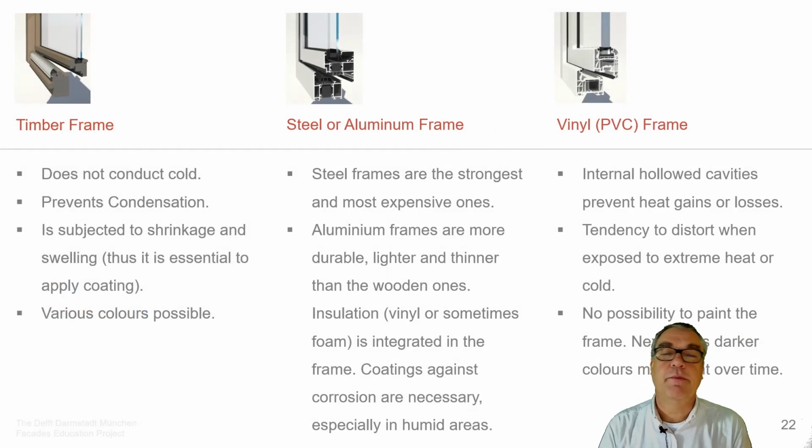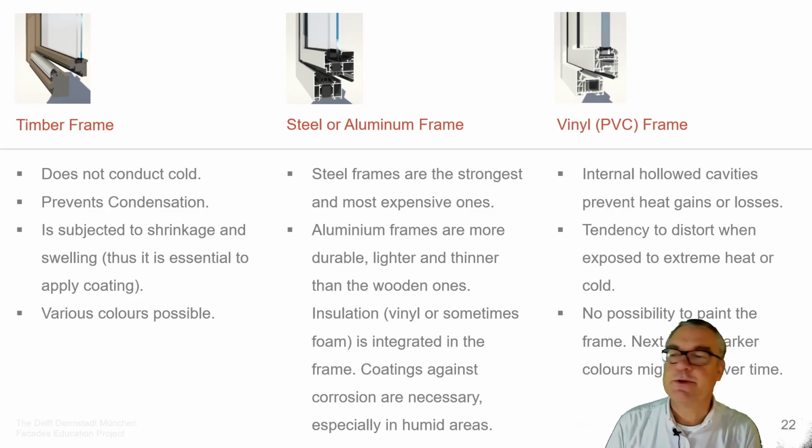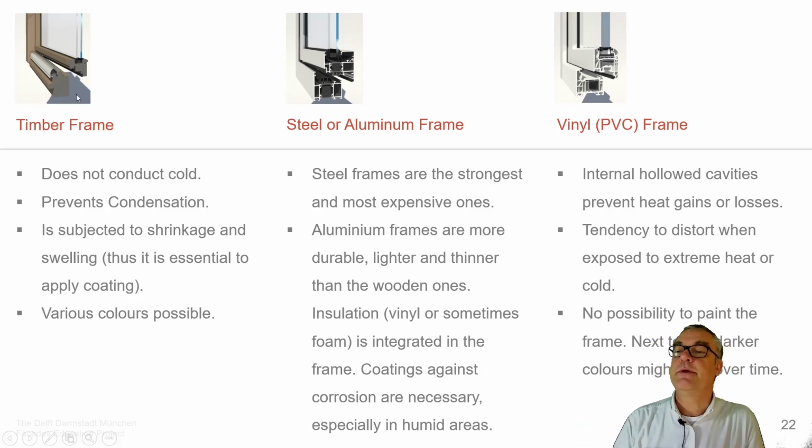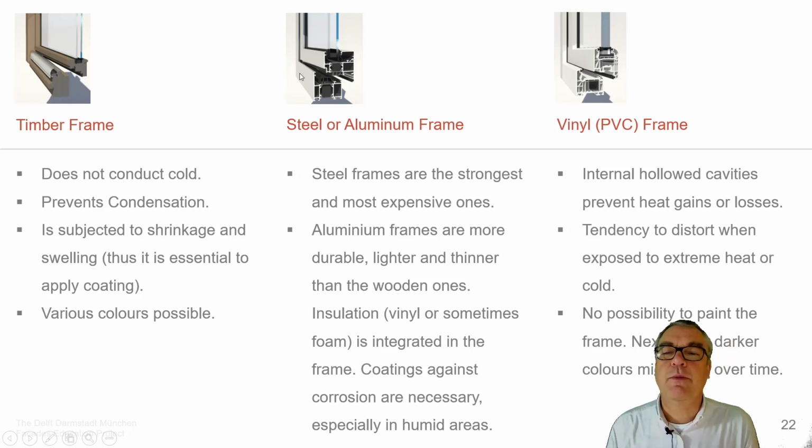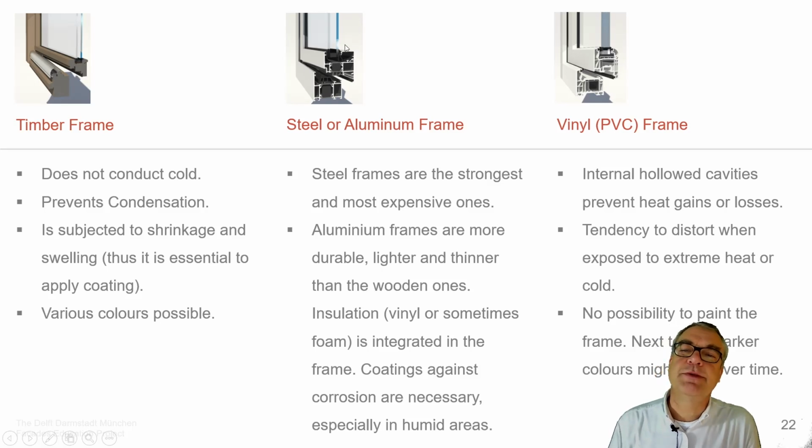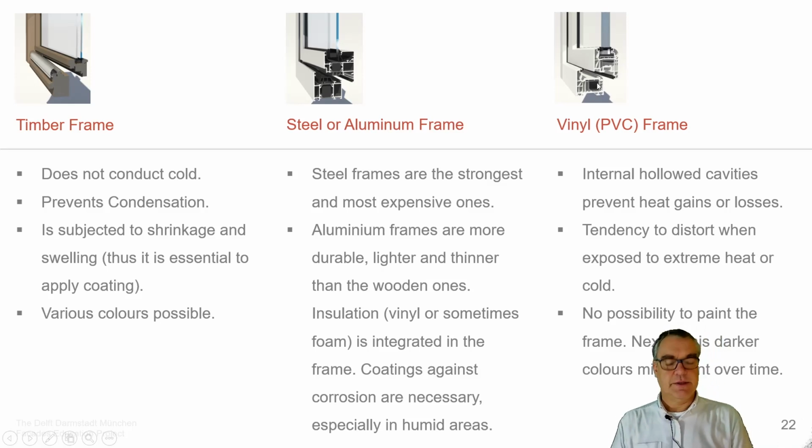We do have three general types of these window systems. It's either a timber system, which we just saw with some aluminium bars at the outside as rain protection, which we see later. An aluminium or steel system. This is an aluminium sample with a spacer to prevent the heat losses in this part, or a pure PVC vinyl plastic window with some additional structural support, which we see in this part.